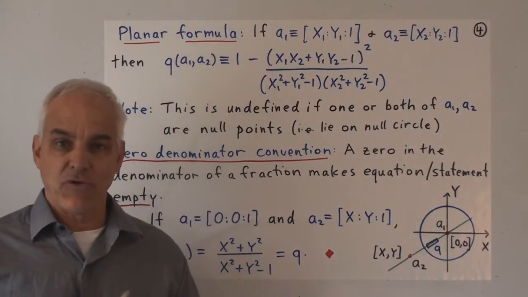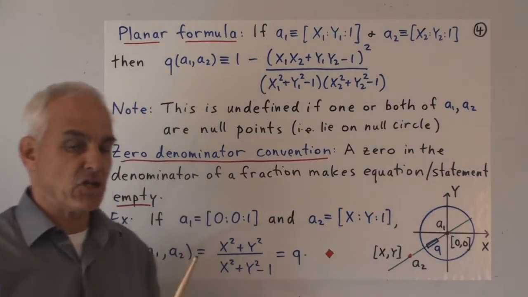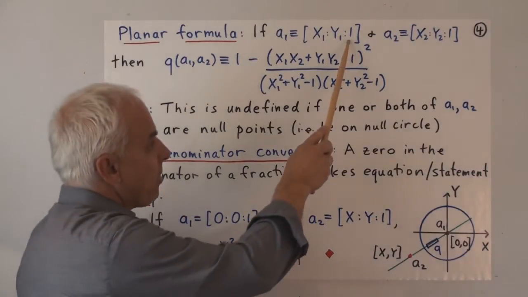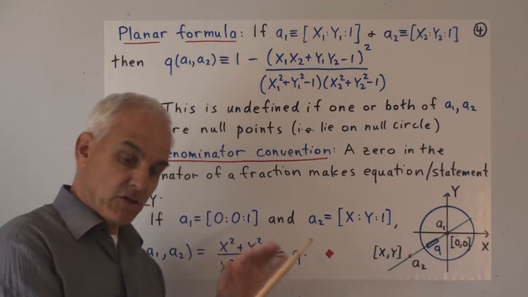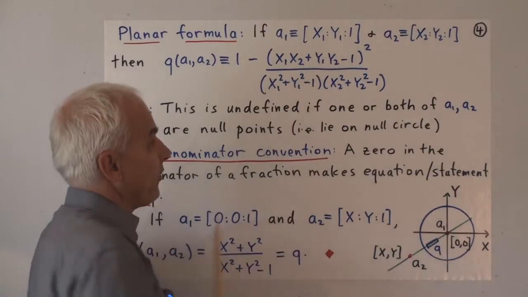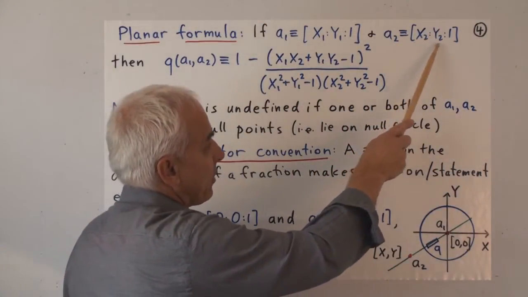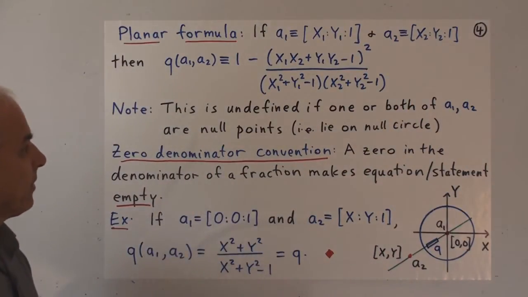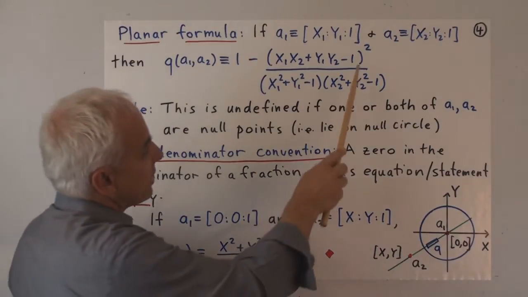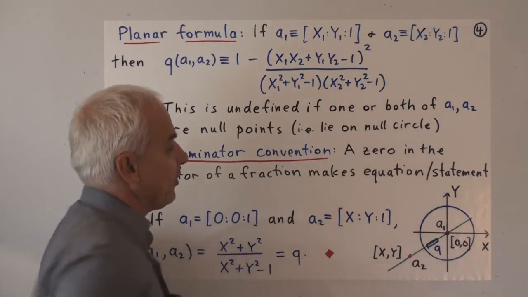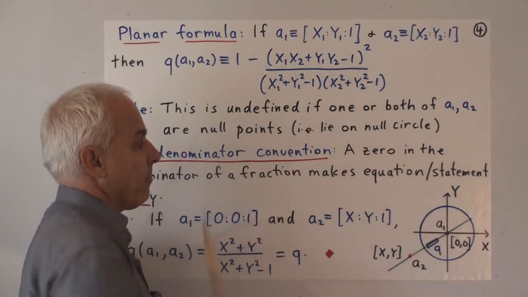So let's write down the general formula for 2 points in a kind of planar representation. In other words, suppose that we've normalized so that the z coordinate is 1. So we're really thinking about a point in the standard plane with x and y coordinates x1 and y1, and another point, A2, with coordinates x2 and y2. Then here is the formula for the quadrants in this special case. It's just the usual one, except that the z1 squared and z2 squared terms are all replaced with minus 1.